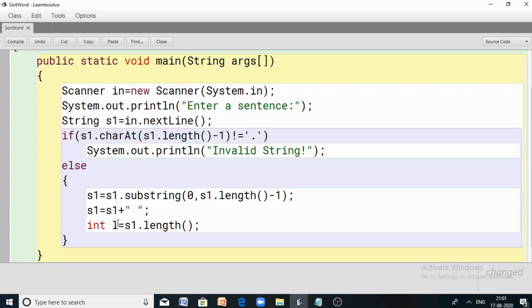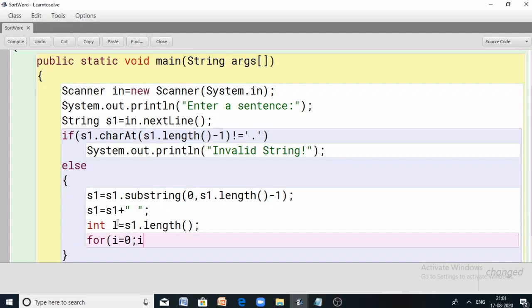Now I want to go character by character in this string, right? How can I go character by character? Again, I have to go for a for loop. This for loop will start from the index of the first character in the string and it will go till the index of the last character in the string. So for, then let me assume a looping variable I, and that starts from the index of the first character, 0,